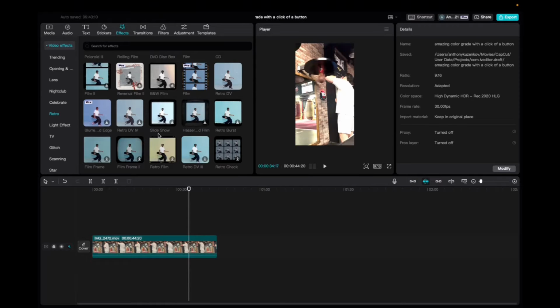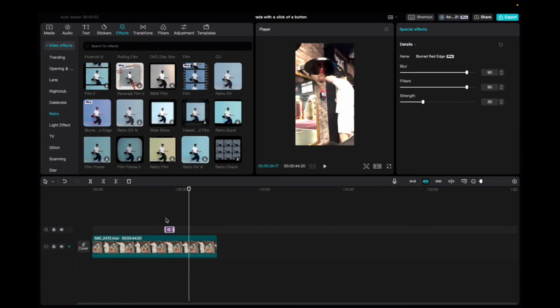Today I have a quick one for you guys on how to find and utilize the blurred red edge effect on CapCut. So initially what you're going to want to do is go up to Effects, Video Effects, Retro, scroll down to find the blurred red edge effect. Click and drag it down to the timeline. And now we're just going to take a look how it reacts to the video,